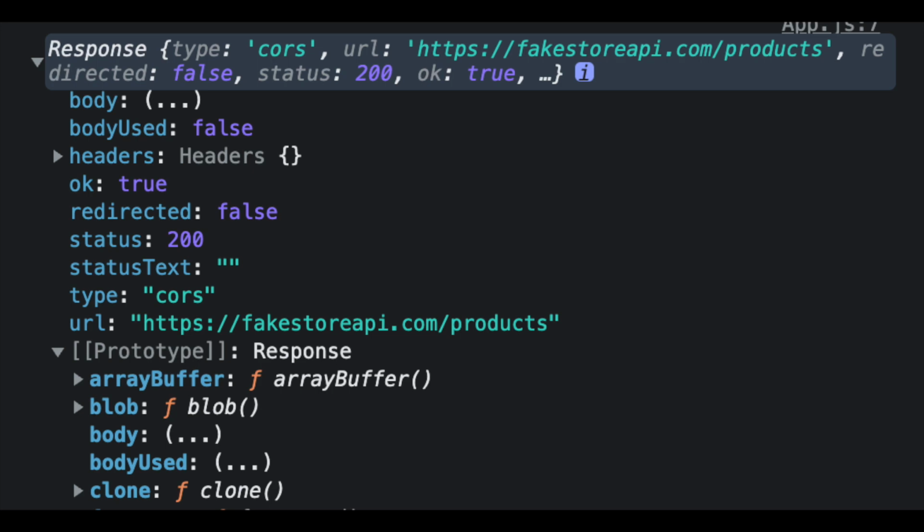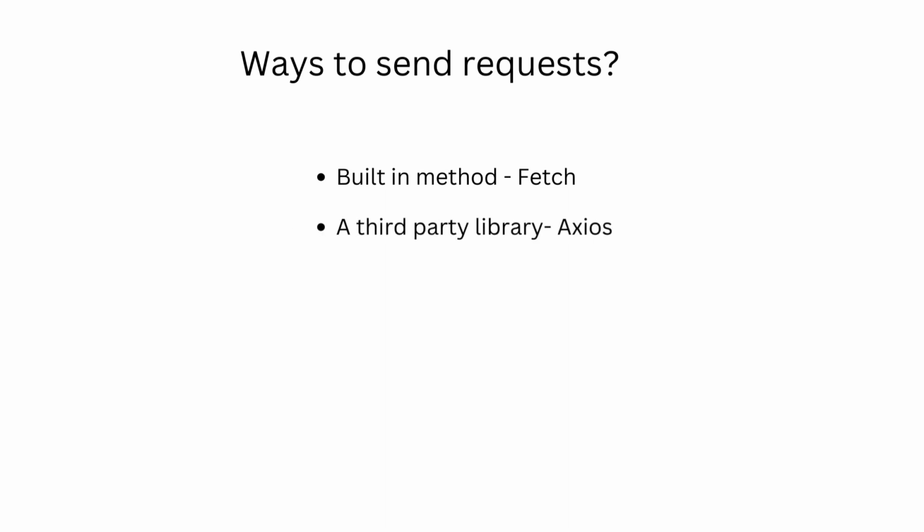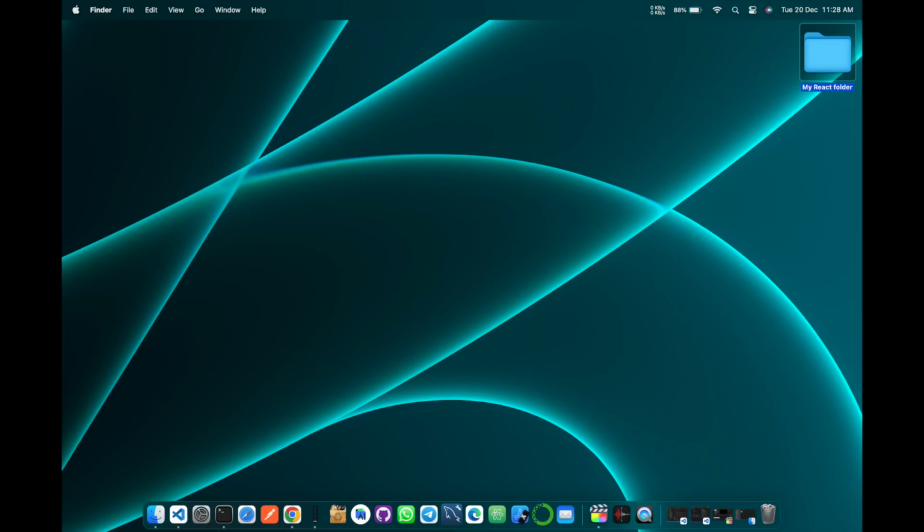Now the question arises, how do we send such requests to our server? There are different ways to send requests to the server. We will just take a look at two of the most popular ways. One of them is fetch, which is an inbuilt API in our browser, and another is a popular library, in fact, known as Axios. Now, without wasting any further time, let's get into the coding part